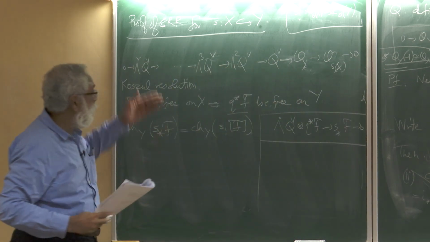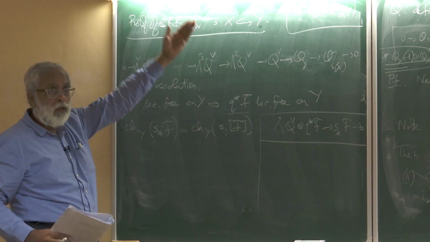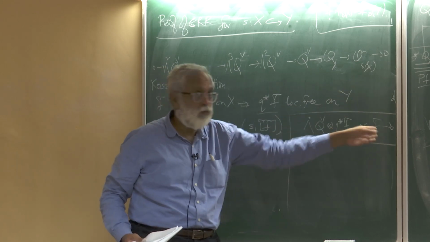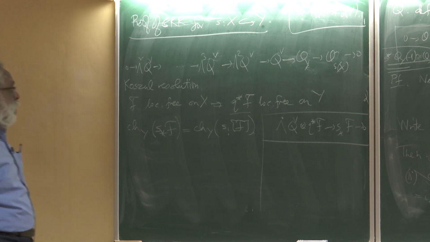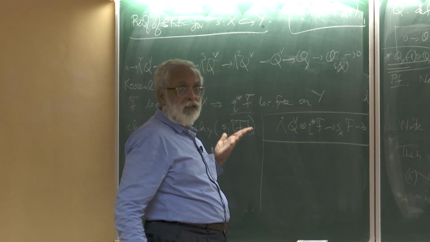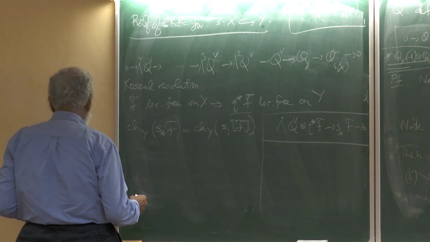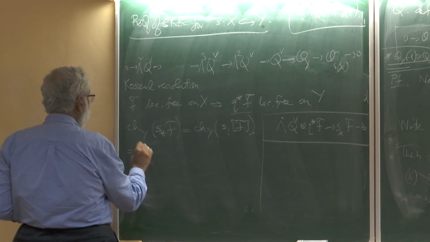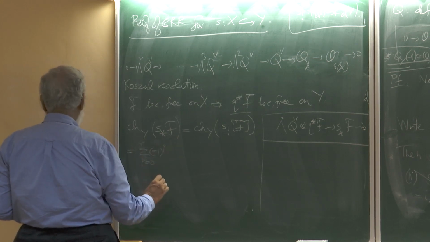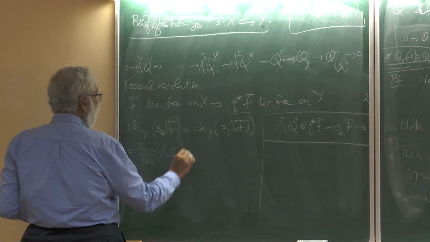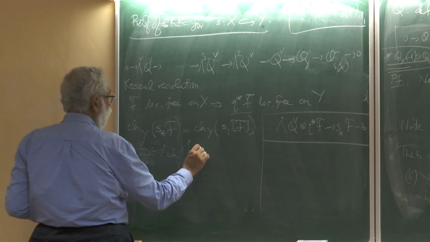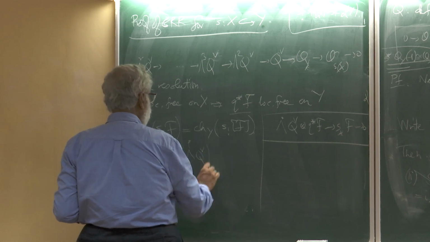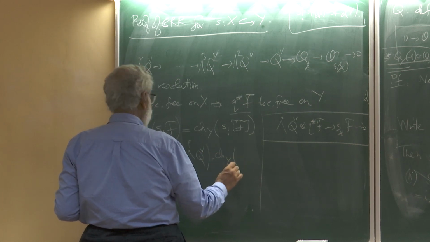There's an exact sequence like this obtained by just taking this Koszul resolution, taking the vector bundle, pulling it back and tensoring it. Of course, pulling it back and restricting it back to the zero section is doing nothing. That's why I wrote it. So now the Chern character gives me some expression. I find that this is equal to the sum p equal to 0 to r minus 1 to the p ch on Y of exterior p of Q dual times ch Y of q upper star F,